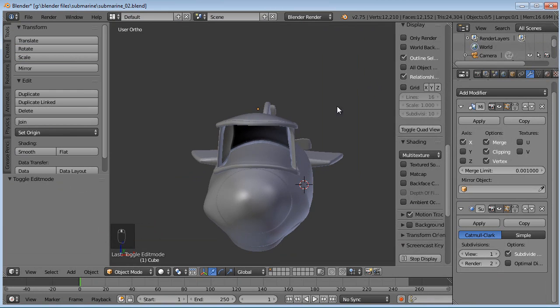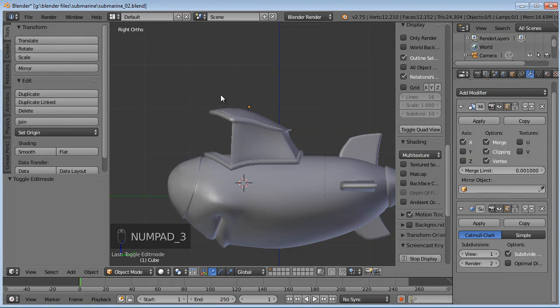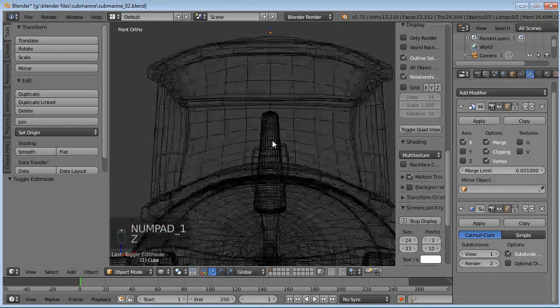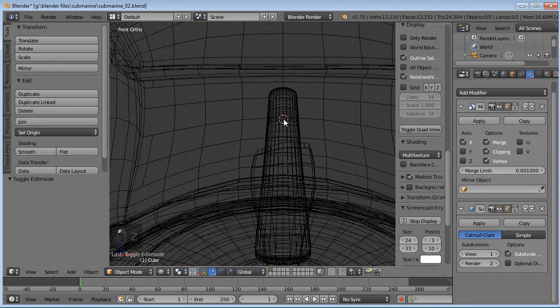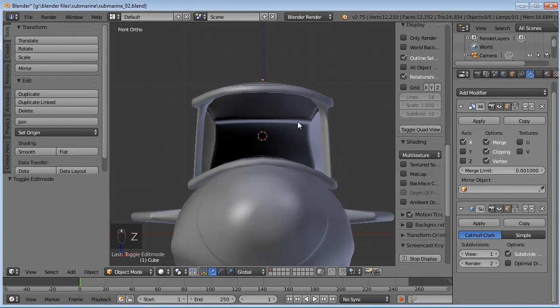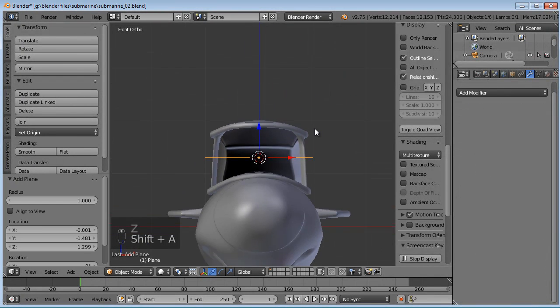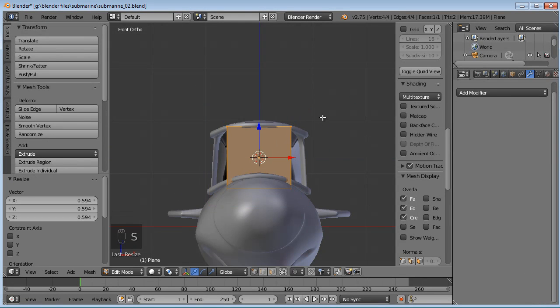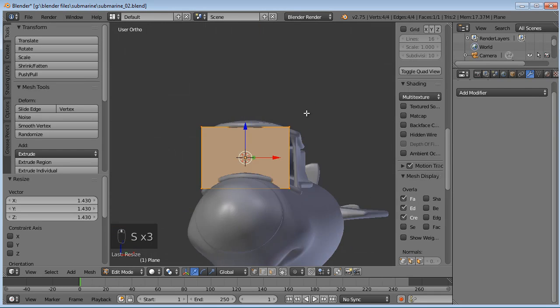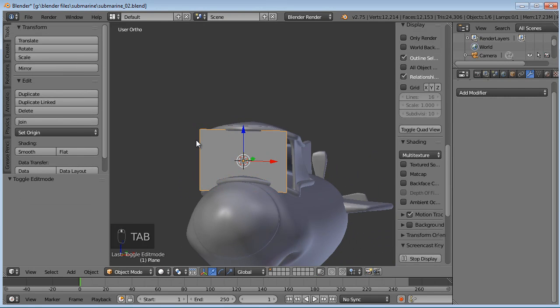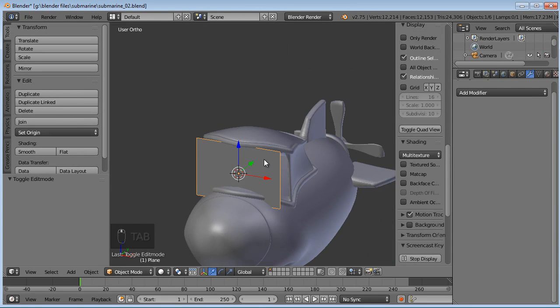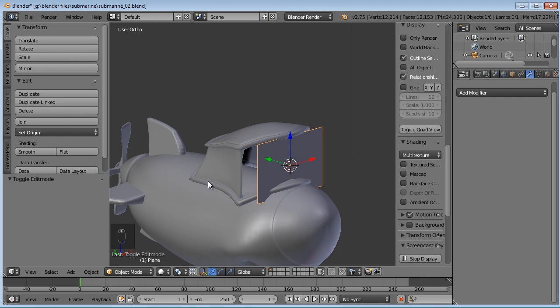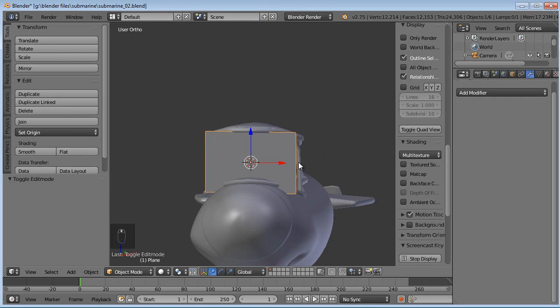Okay, so we want our 3D cursor right there in the center of where the windshield is going to be. So about, say, right there, and then go to our wireframe view so we can see the actual center of the scene. Put that perfectly in the center. Okay, so now Shift A, and we're going to add a plane. We'll tab into edit mode, select everything, rotate 90 degrees, R 90. We're going to scale that down to a rectangular shape. Don't worry about it fitting the space exactly, because we're going to use a lattice deform modifier and the lattice itself to change the shape of our plane to fit that rounded windshield area.